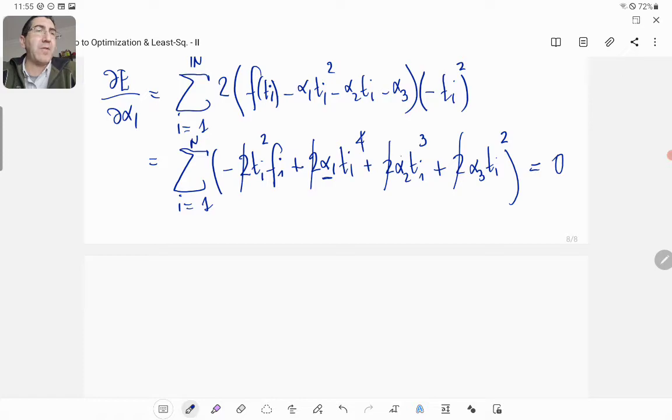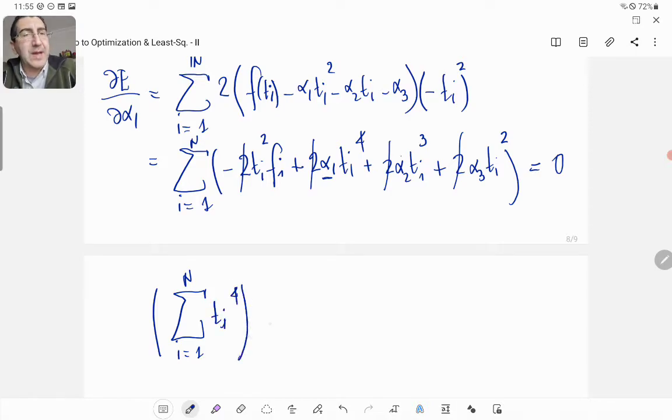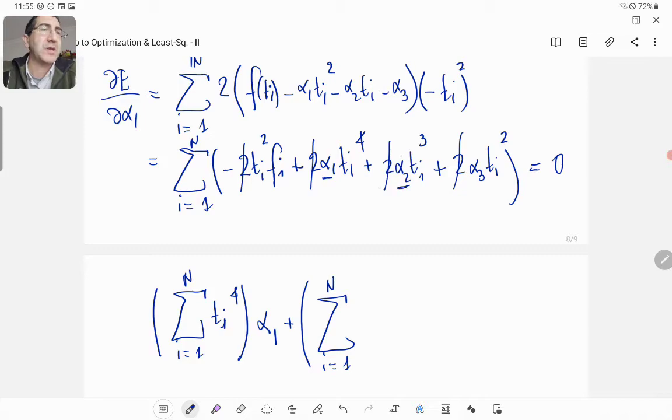There is ti to the power 4, and you have the summation. So you have summation i equals 1 to n, ti to the power 4 times alpha 1. So ti to the power 4, the summation, and alpha 1 is over here. Plus, again, the summation i equals 1 to n. Similarly, alpha 2 is here. Ti to the power 3 times alpha 3 plus,